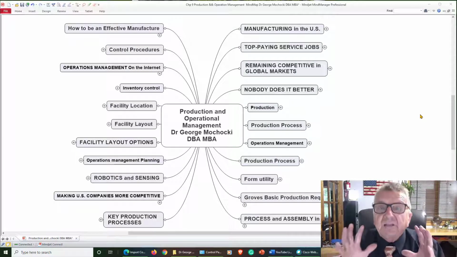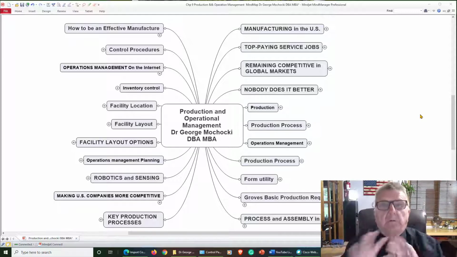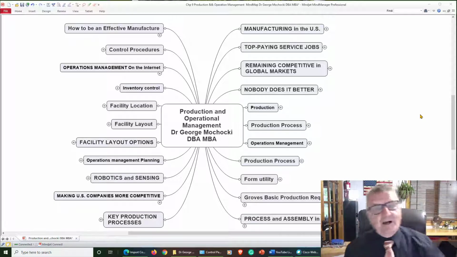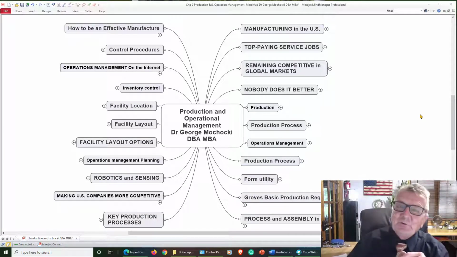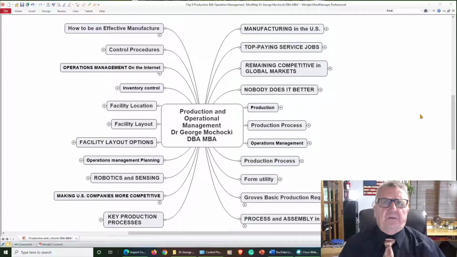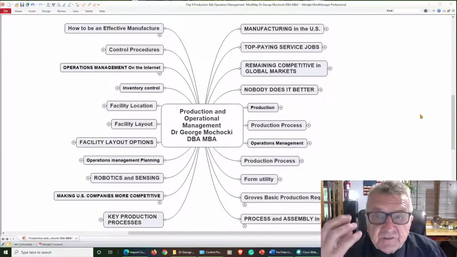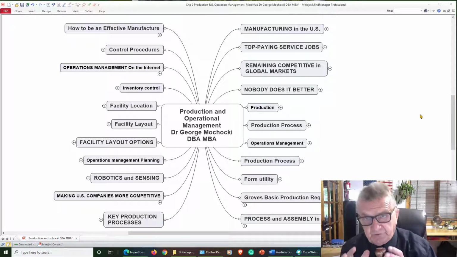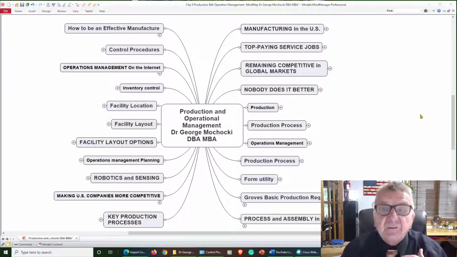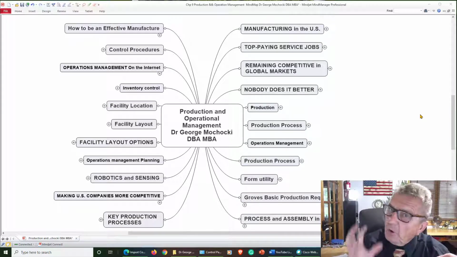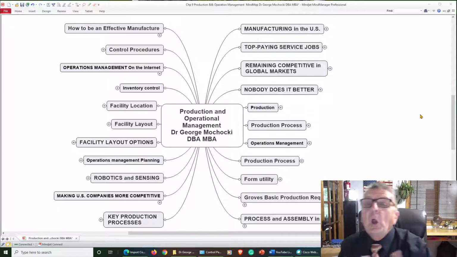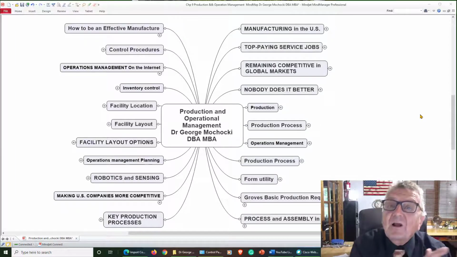Okay, now take that same mindset. So, wait a minute. I'm a customer service person. I'm retailing. I'm basically construction. I'm not making it. I'm not manufacturing. Take the same conceptual idea and look at it from a service perspective, providing a service or something else other than manufacturing. And you look at that, all companies, instead of going on a conveyor belt, a manufacturing belt, we call it processes.